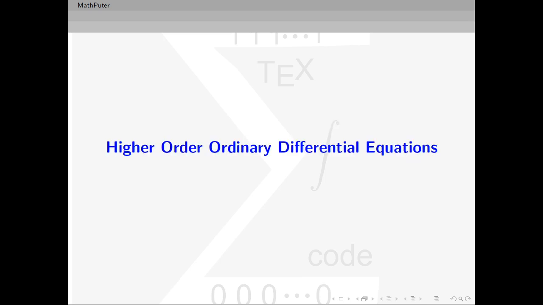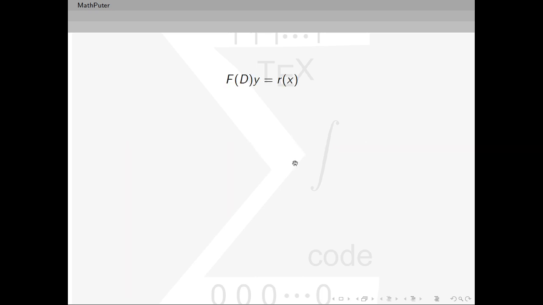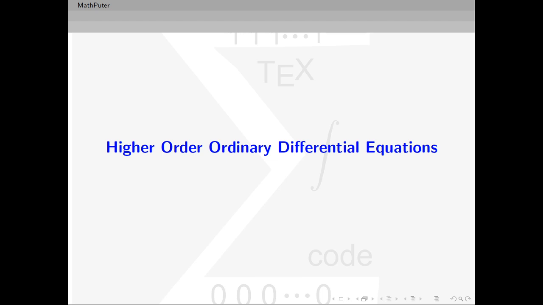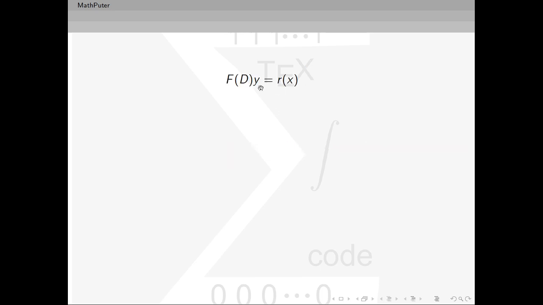So let us start the second session of higher order ordinary differential equations. This is the second session of higher order ordinary differential equations. So let us revise the first lecture, what we have discussed. At the end of the first session,